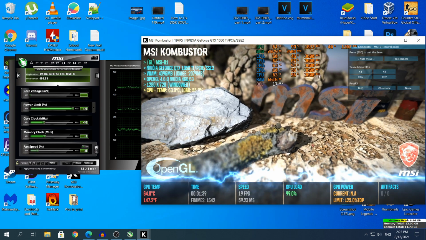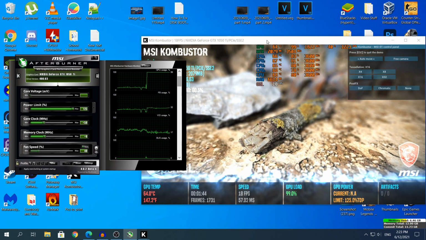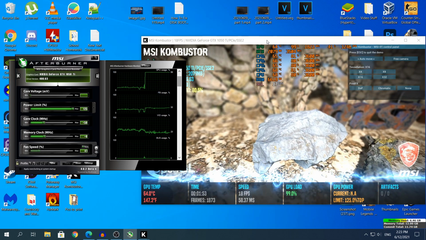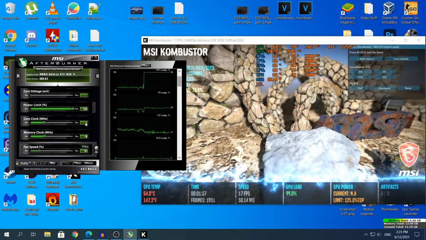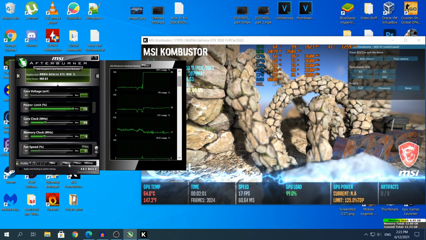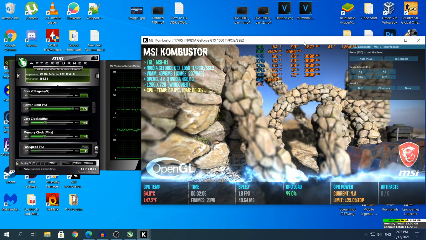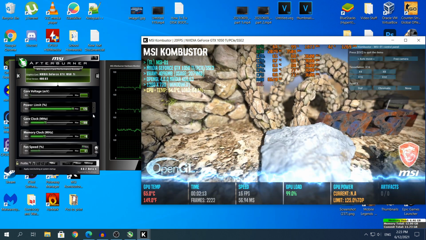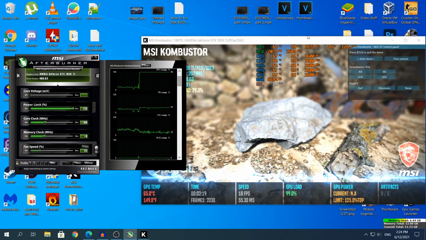And as you can see right here, my GPU is currently overclocked. And right now you'll have to wait 5 minutes to see if MSI Afterburner crashes or freezes. If it does not crash or freeze after 5 minutes, increase the number again, another 50, so that will be 100, hit enter, then click apply again. You will see that the number has changed to 1873 megahertz. Wait another 5 minutes to see if the software crashes or freezes, and if not, increase the value again, another 50, till it crashes or freezes.